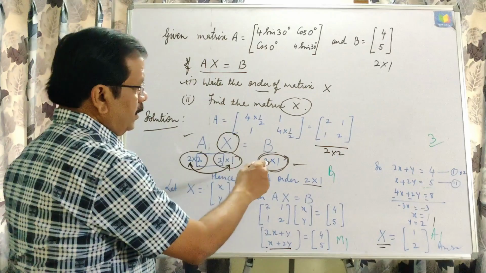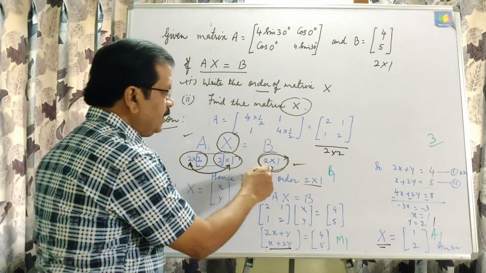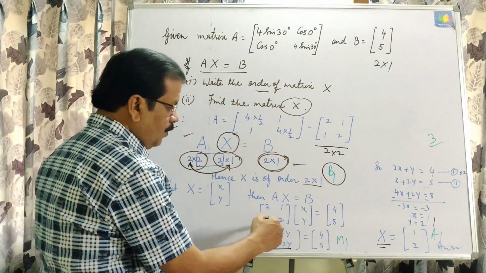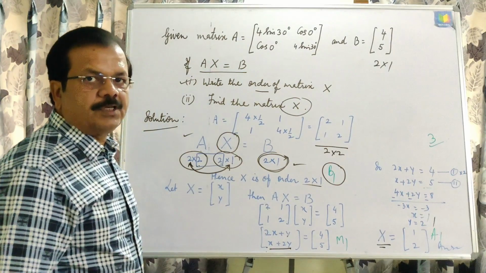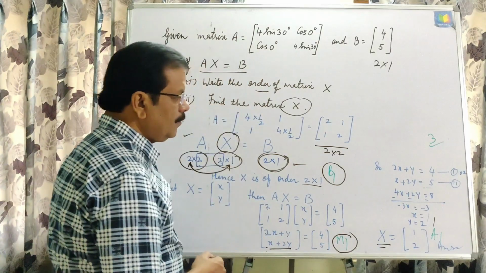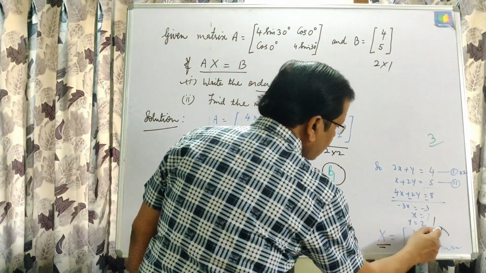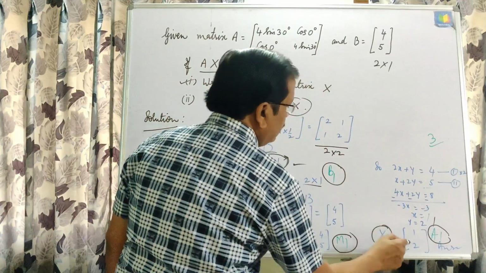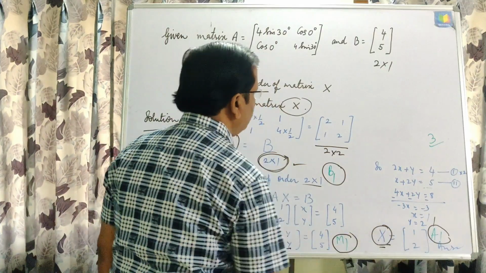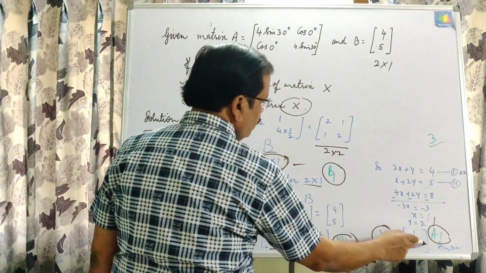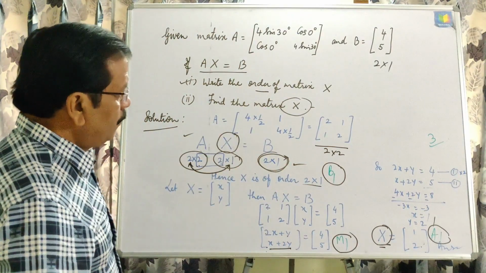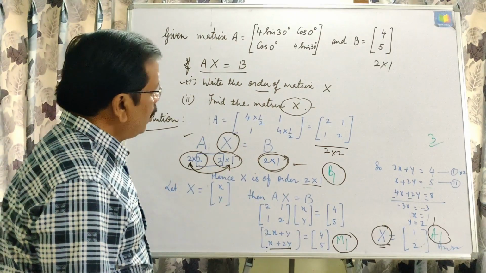As far as the marking scheme, finding the order of the matrix is an independent mark, B1. If you are able to multiply the two matrices using matrix multiplication, this method mark will be given, M1. And if you have written the answer correctly in matrix form, then only the answer mark will be given. If you leave it here, this mark will be deducted. So many students make this mistake. They are not writing the answer in the correct form, that is, in matrix form. And this is all about this question.